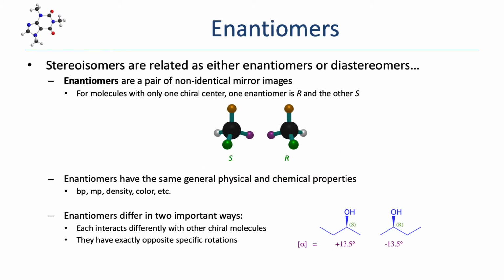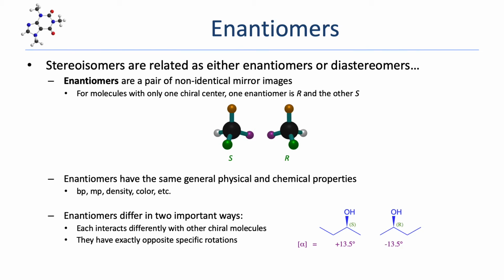Now, all stereoisomers are related either as enantiomers or diastereomers. We're going to look at enantiomers first. Enantiomers are a pair of non-identical mirror images. And that statement may sound kind of familiar. We actually define chirality as a property in which an object has a non-identical mirror image. Well, when a compound or object has a non-identical mirror image, those two objects, the object and its mirror image, are enantiomers. So here, I have a pair of 3D models, and you can see that these are non-superimposable mirror